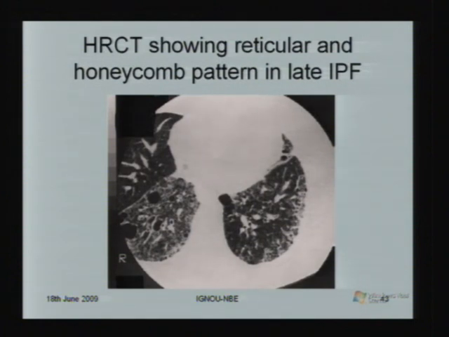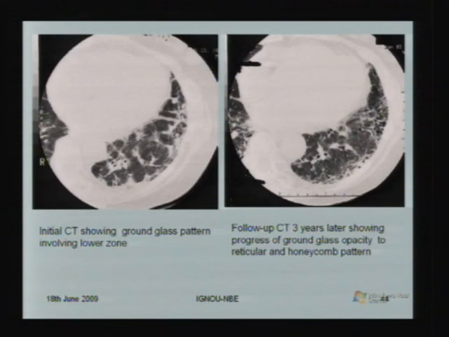This is an HRCT scan which shows reticular and honeycomb patterns, subpleural lesions distribution in late IPF. Now on the left panel you have an initial CT which shows ground glass pattern involving the lower zone. On follow-up on the right panel